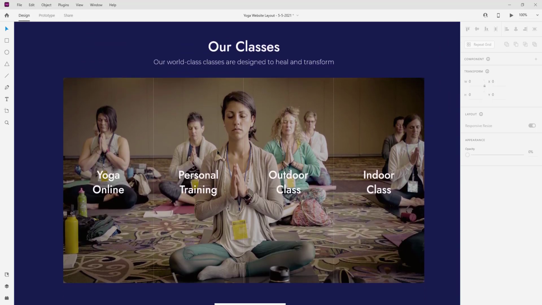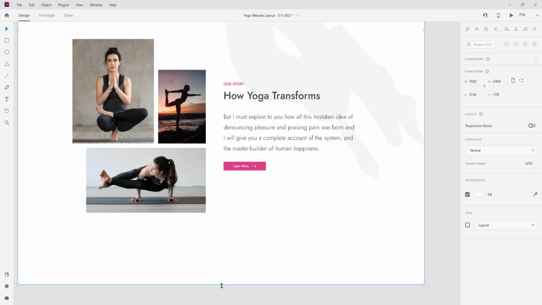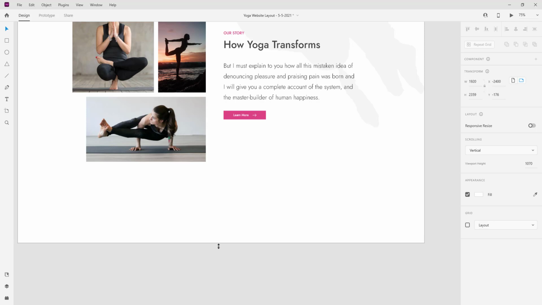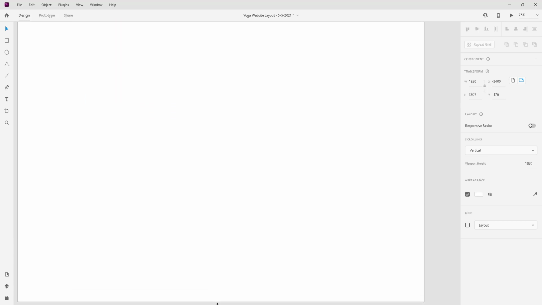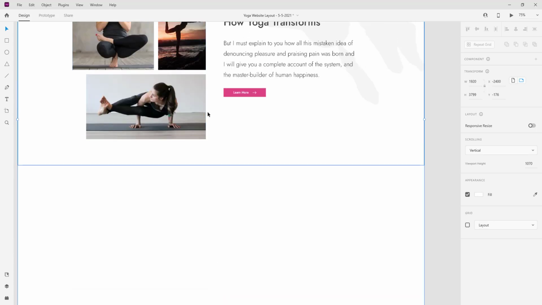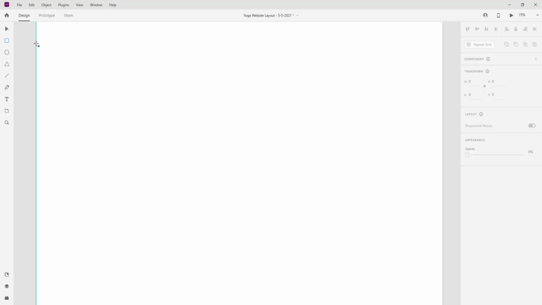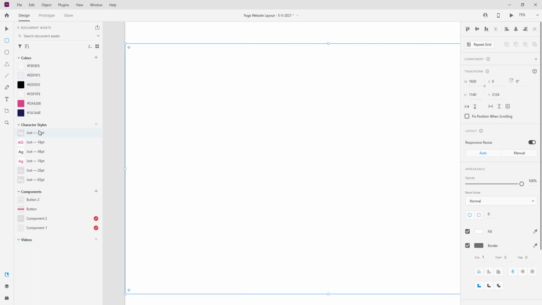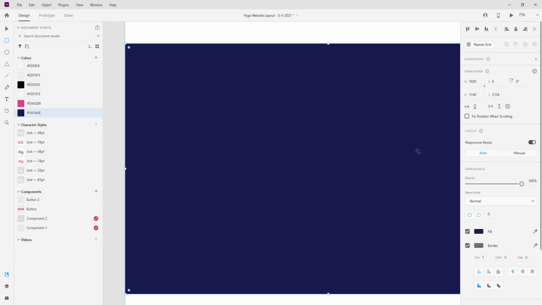Okay, shall we begin? To start with, click on the artboard, double click to get the handle, drag downwards to increase the height of the artboard. Take the rectangle tool and draw a rectangle. The height should be over 1000, right? And then we come here and select this color,